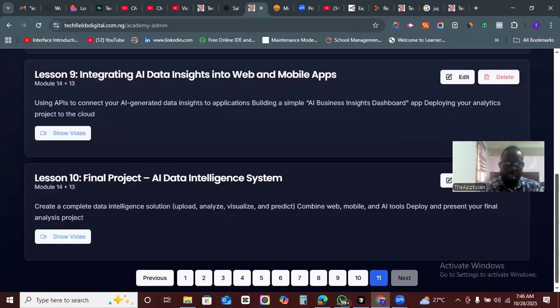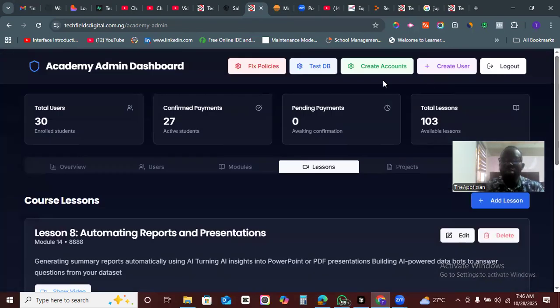You can fetch data there using APIs to connect your AI generated data insights. All right, then the final project, you are going to do a data project. This is bonus, not compulsory for everyone, particularly for those that demanded it. Okay, so I just needed to show you that while we wait for